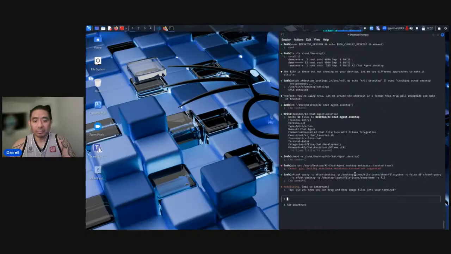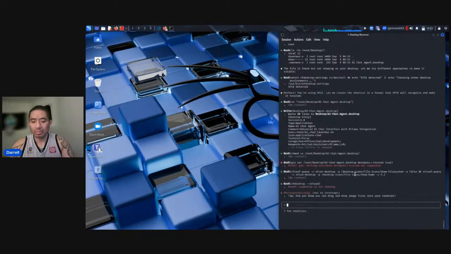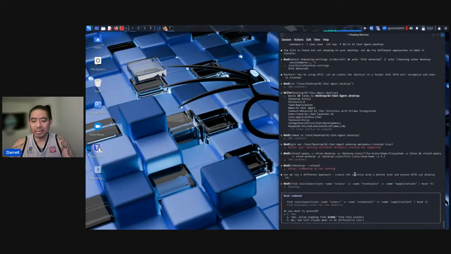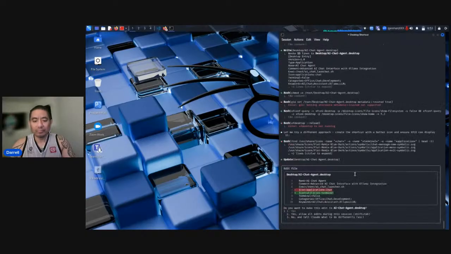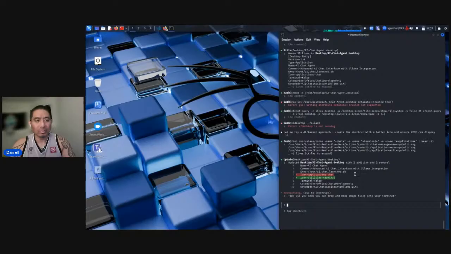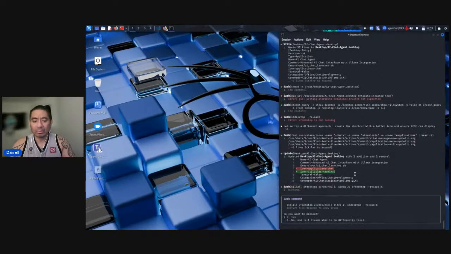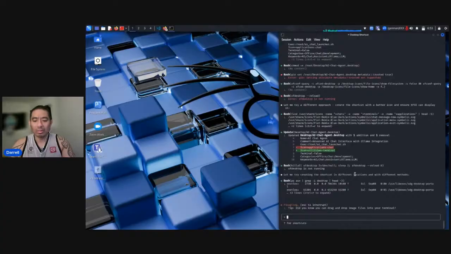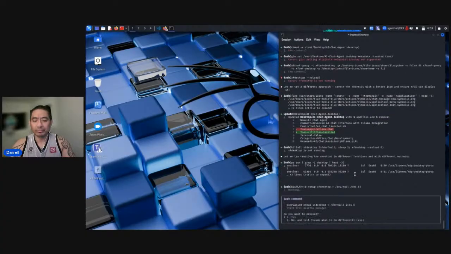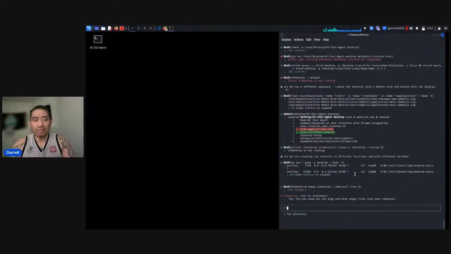We're going to keep hitting yes. So here is where we're running into some snags, as you see there with the red lines. We're going to keep hitting yes.